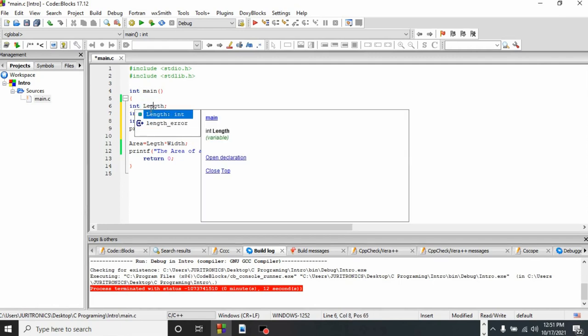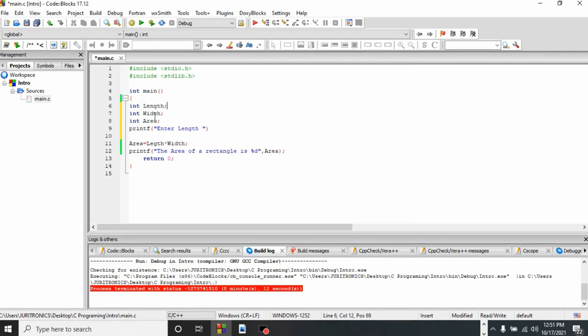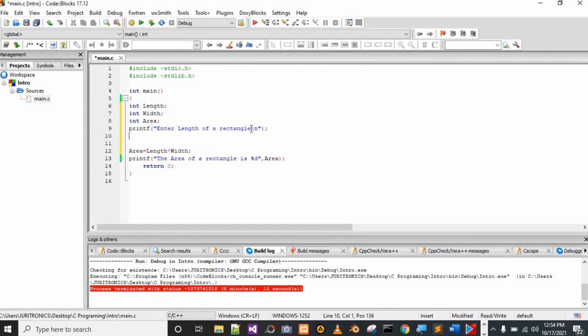I forgot to put in an n here. Okay, and here also I need an n. So, the length of a rectangle, then we're going to need a new line here, and so we have prompted the user for the length of the